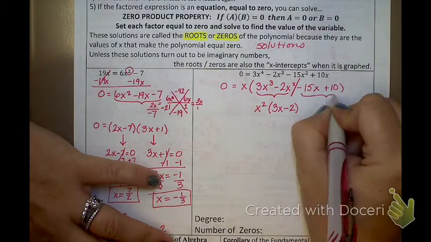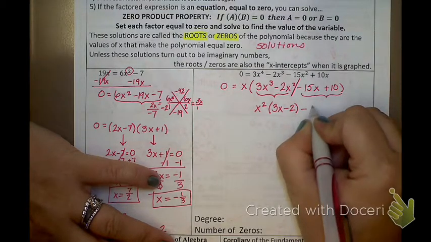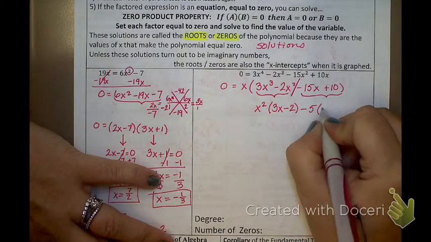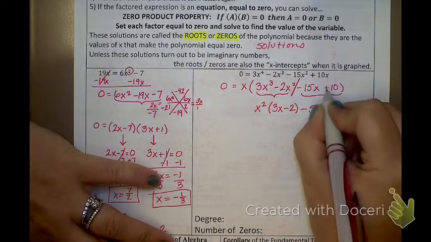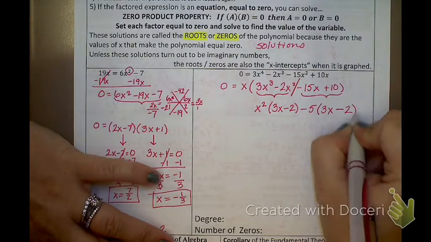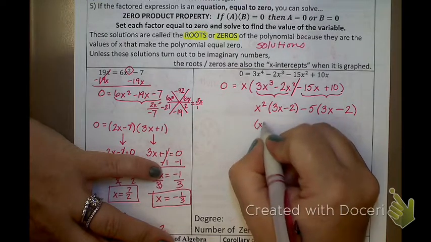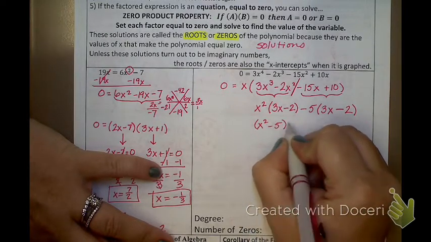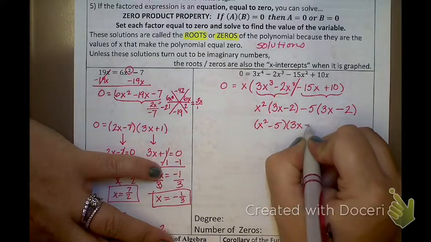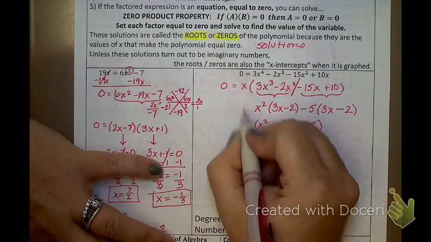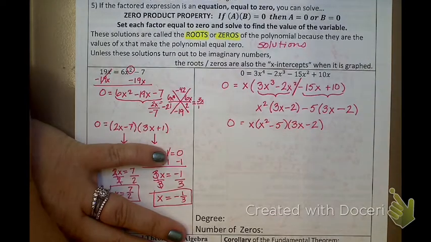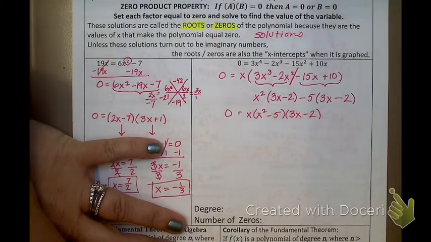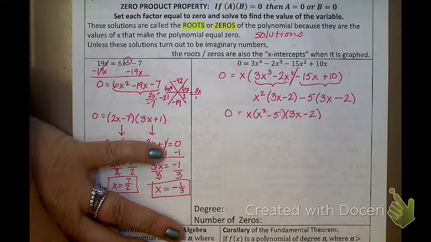Right here, I'm going to bring down that minus sign. Those two have a 5 in common. And inside would be 3x, another minus in order to get that plus. So let's see, I have x squared minus 5, and I have 3x minus 2. Bring down that x I took out at the beginning, and the equals 0 just goes along for the ride. So I've factored it, and now I need to come up with my zeros, or my roots.